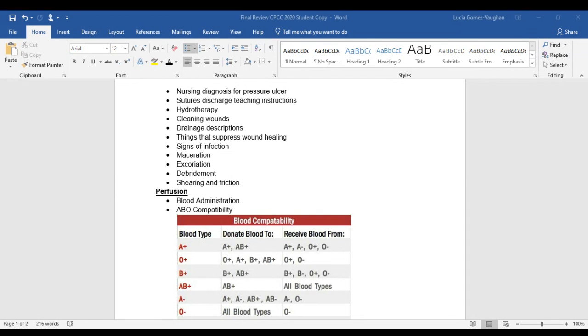Provide a list of signs and symptoms of infection or delayed wound healing, and make sure they're aware of things that they need to notify the physician about. Again, signs and symptoms of infection: Is the wound warm? Is it red? Is it raised? Is it painful? If the patient sees any signs of delayed healing, like dehiscence, you may not teach that term, but you want to explain to them what that is, that the wound is coming apart, it's separating. All of those things are things we want to teach our client to report to